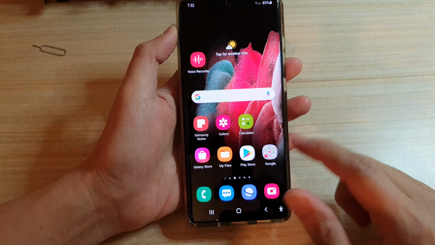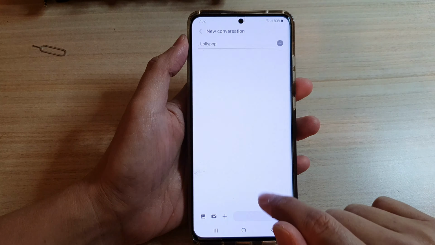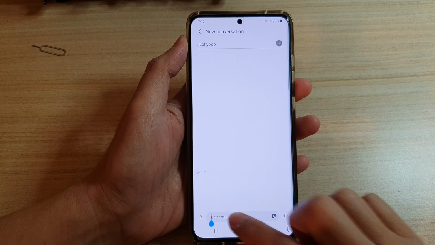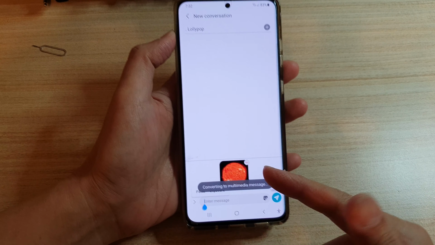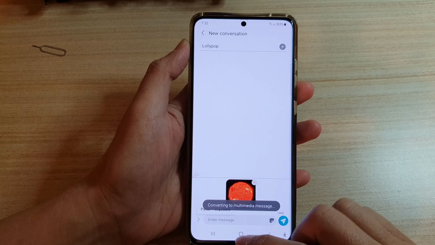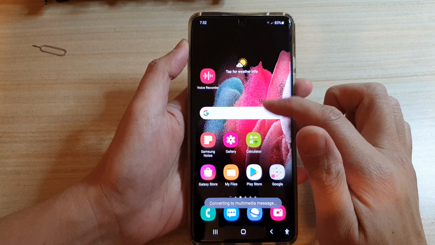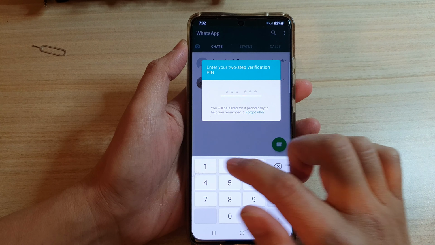Now you can also paste to other apps as well, such as my messaging app. And in here I can touch and hold, then tap on paste, and you can see it now pastes to the text messaging app. If you've got other apps such as WhatsApp, so if I open up WhatsApp here,